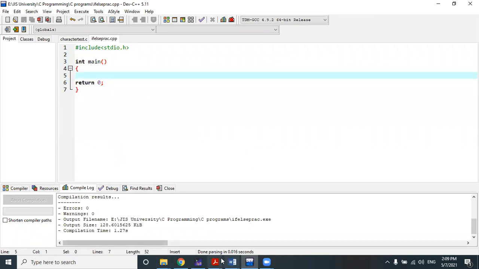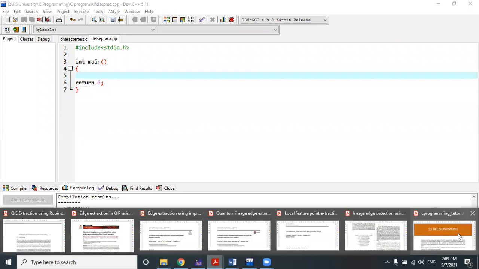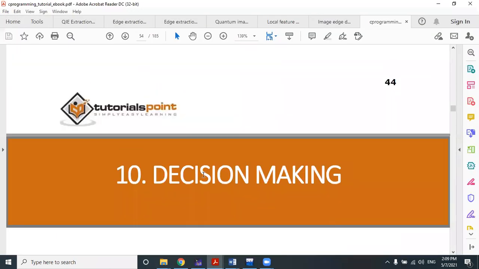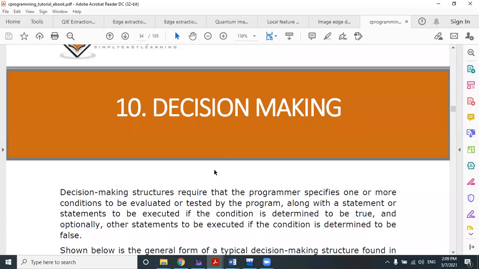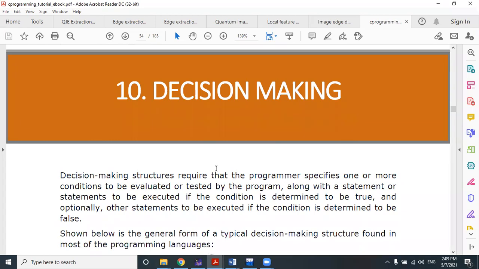Okay, guys. In the last class we just finished the discussion about C data types and C variables. I have also shown some basic programs. We have already done some basic programs in the C lab, C practical. So today we are going to start our discussion on one of the most important parts of the C programming language, that is decision making and branching.